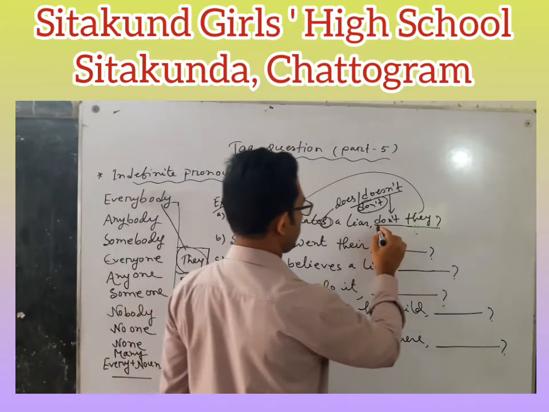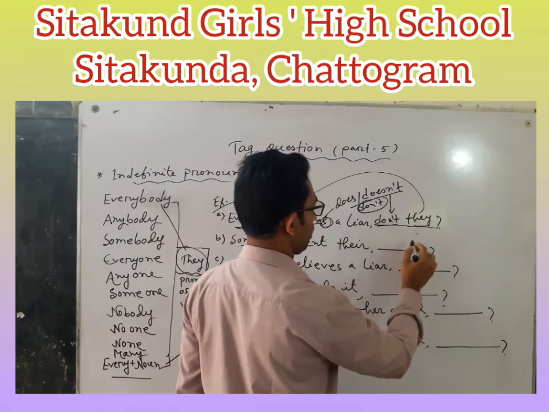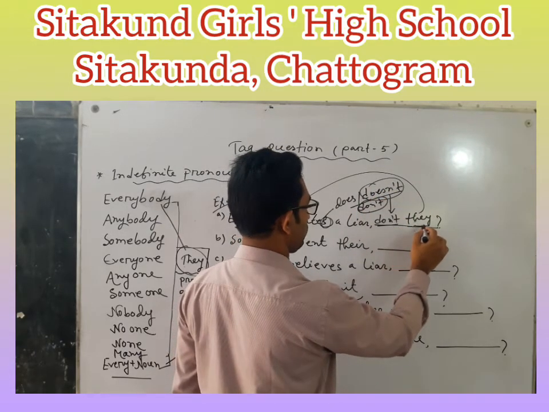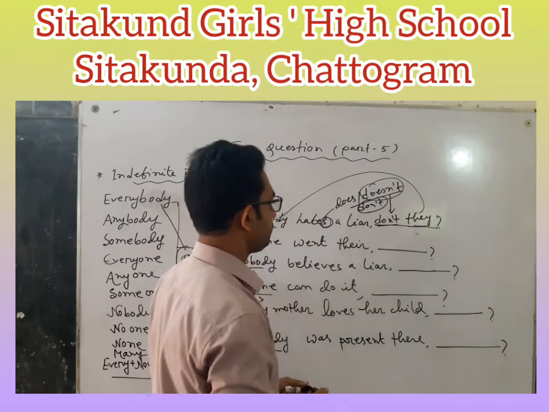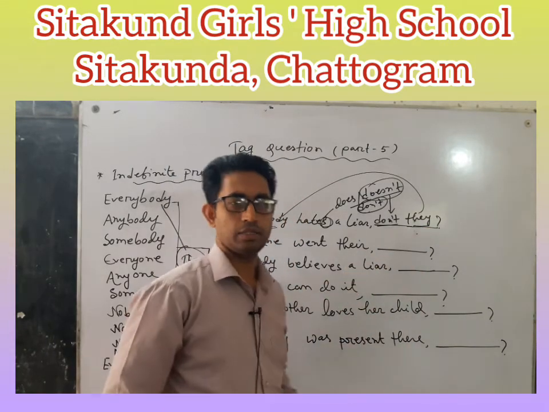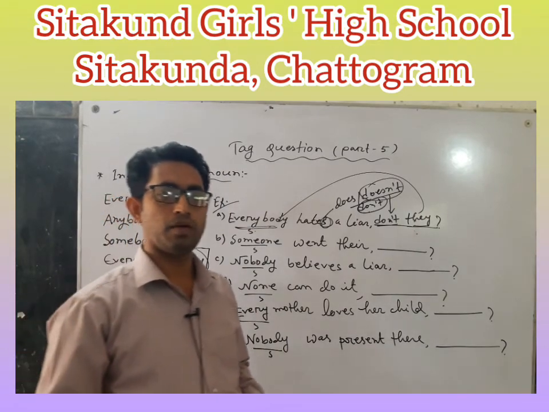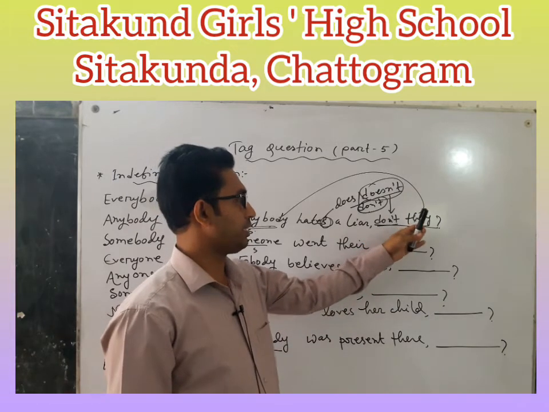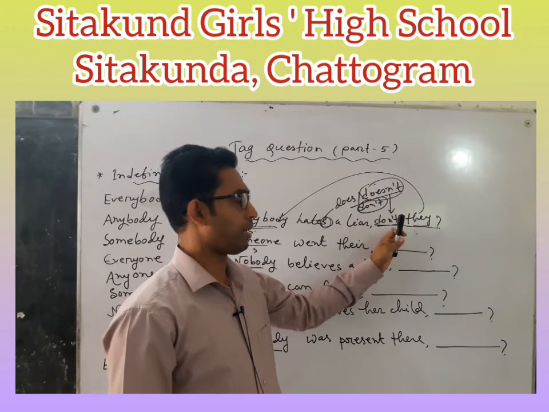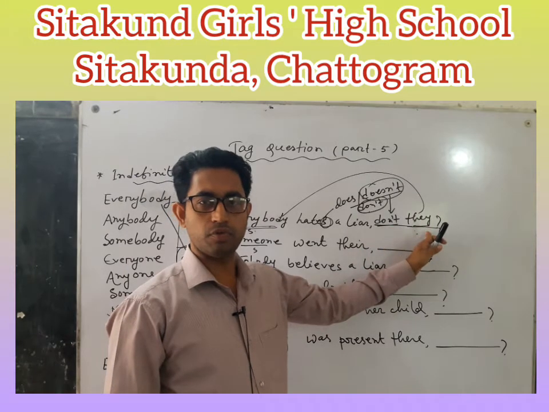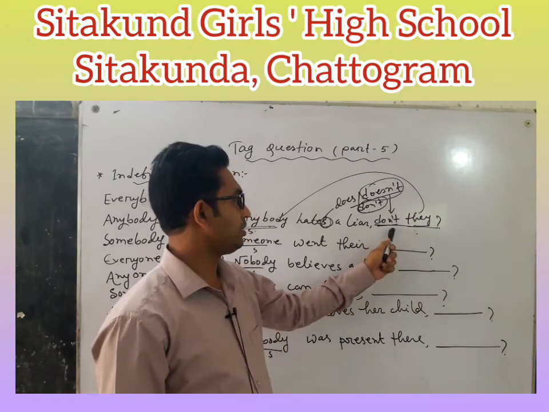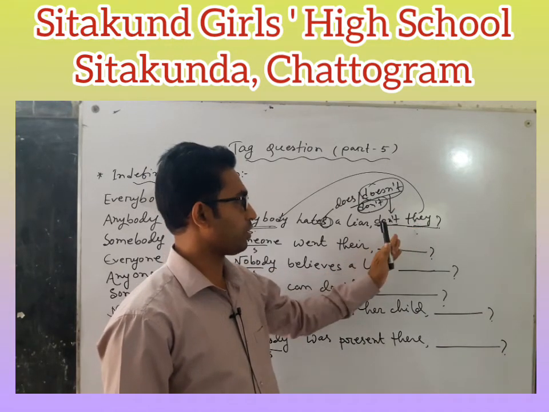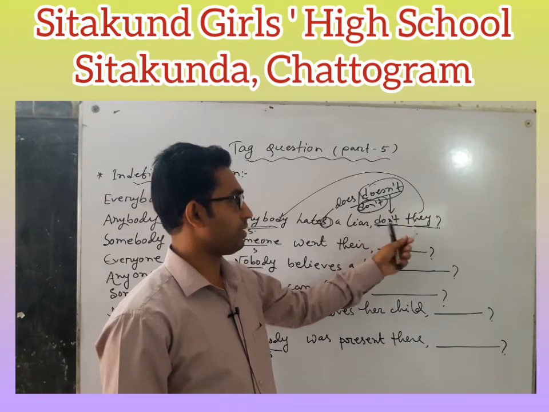So don't is a plural verb and they is a plural pronoun, but doesn't is a singular verb, and they is a plural subject or pronoun. From the grammar of subject and verb agreement, we can learn that if the subject is singular, the verb will be singular. If the subject is plural, the verb will be plural. But here the subject or pronoun they is a plural word, so don't is a plural word. So subject and verb agreement is correct.